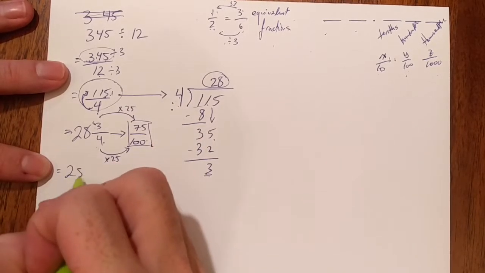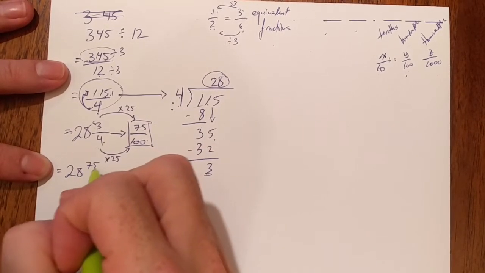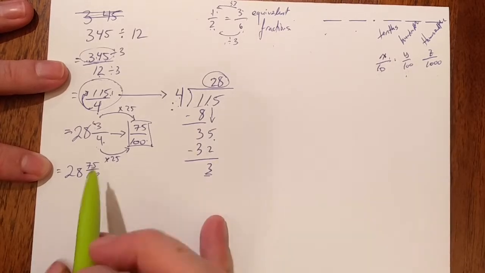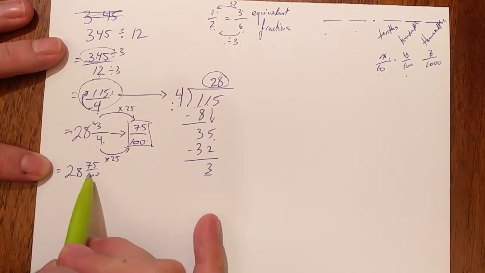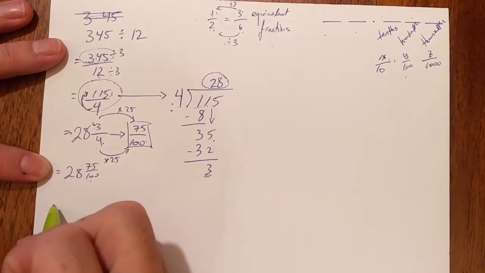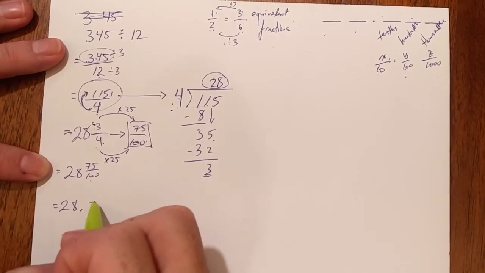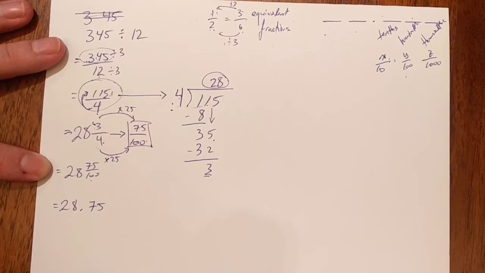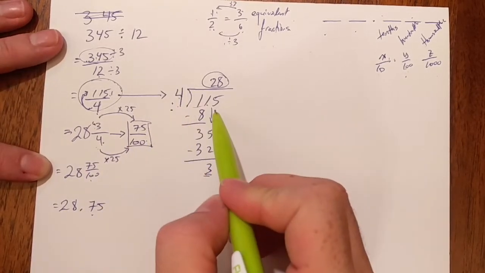So I'm going to rewrite 28 whole groups with 75 hundredths. Now, since I have 75 hundredths, that means how many hundredths do I have? I have 75. So I write my wholes, 28 wholes, 0.75. If you don't want to go through all this, you can also find your decimal